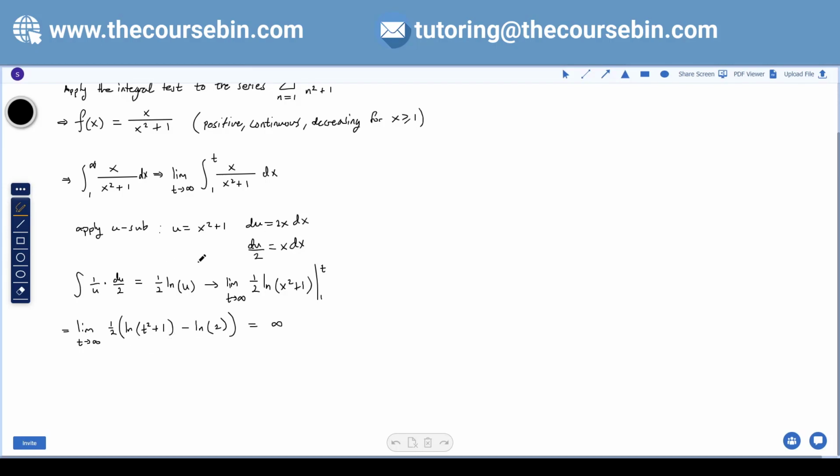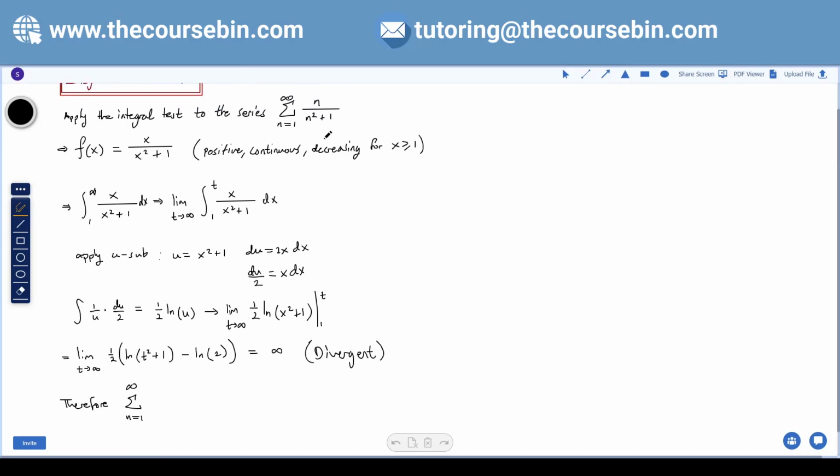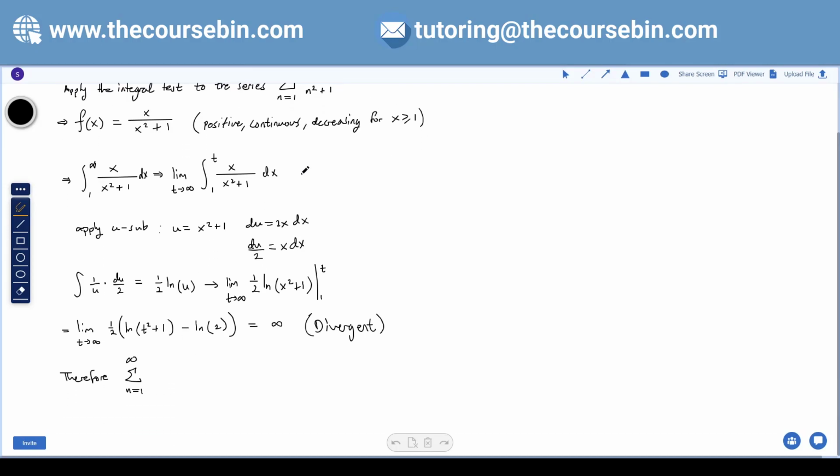So this means that your entire integral is divergent. Right, so since it's divergent, we can say therefore the sum from n equals 1 to infinity of n over n squared plus 1